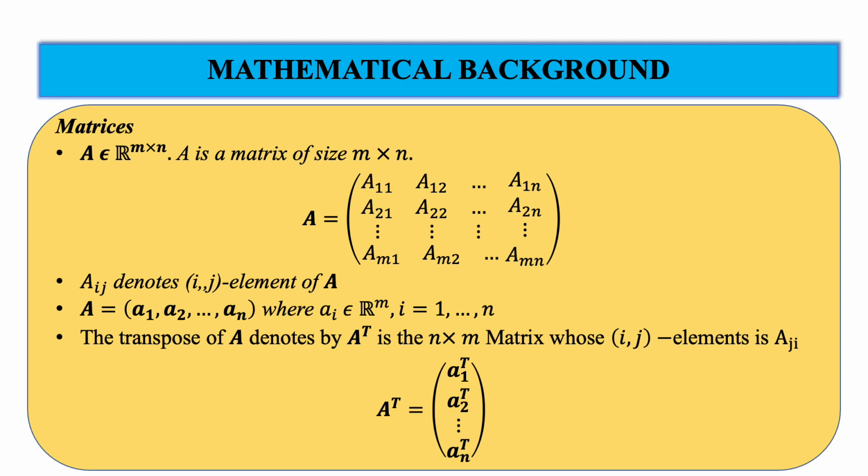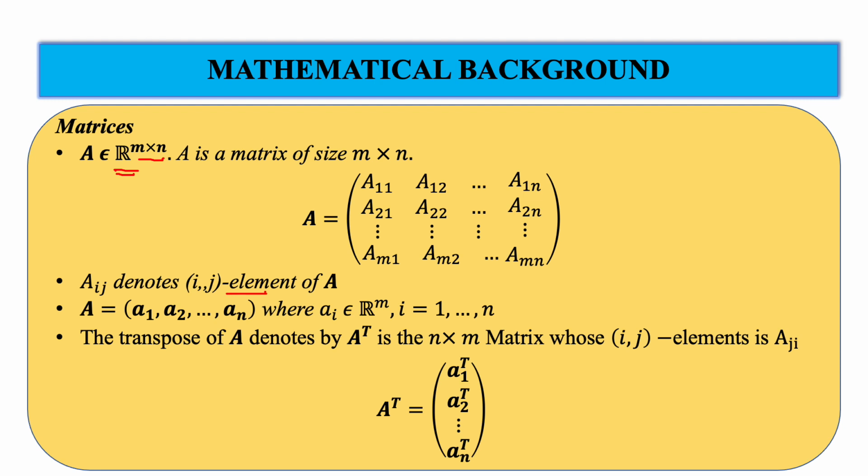So here is a matrix which is shown by a variable. A matrix which is of dimension m into n means that it has mn elements. In this course we will always be worried about matrices whose entries are real numbers. That is why we have written R to the power m into n. So it is an m by n matrix consisting of real numbers. Now each a_ij denotes an element of the matrix.